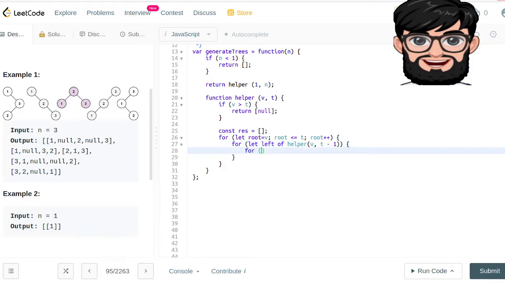We're going to do the same thing for let right of helper, where this time the value is going to become equal to